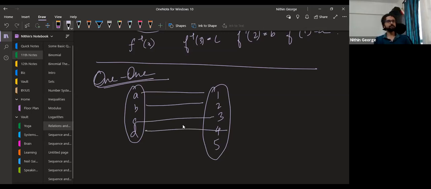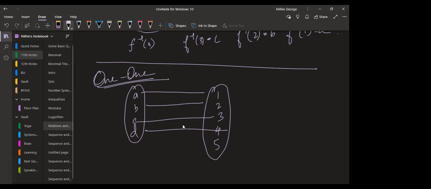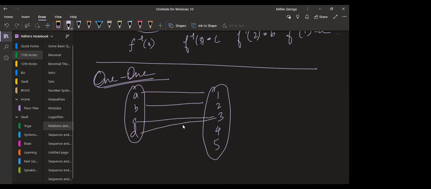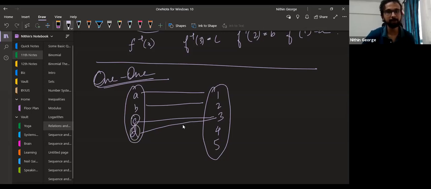Do you know what a 1-1 function is? Is this a 1-1 function? Yes, sir. Any doubts here? No, sir. Okay. Is this a 1-1 function? No, sir. Why? Because it's many to 1, sir. Because many items like C and D are pointing to the same item, many to 1. Okay, you should understand what this is. Many pointing towards the same one. So this is not 1-1 anymore.